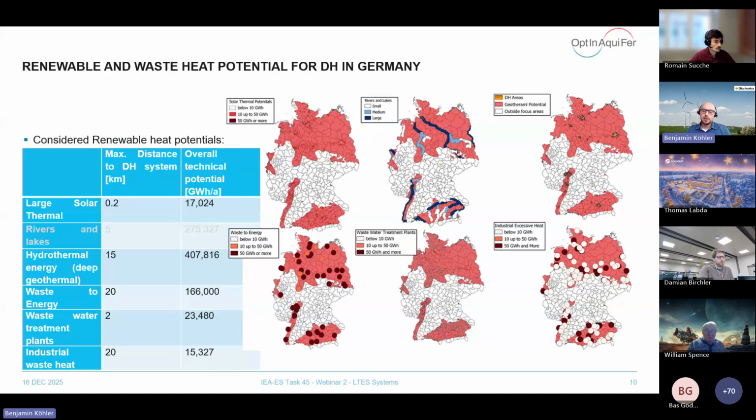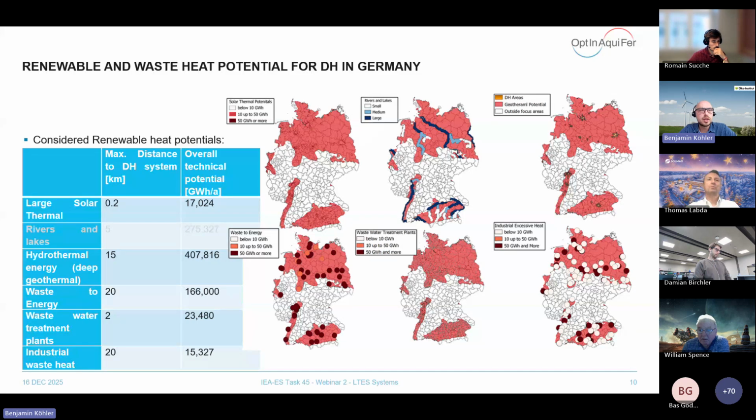The renewable and waste heat potentials we assessed, you can see in the maps on the right-hand side. So we assessed the potential of large solar thermal, but also rivers and lakes. It is gray in the table because we did not consider this for the heat storage in the ATES system. Then we assessed the hydrothermal energy, so deep geothermal potentials, waste to energy plants, wastewater treatment plants, and industrial waste